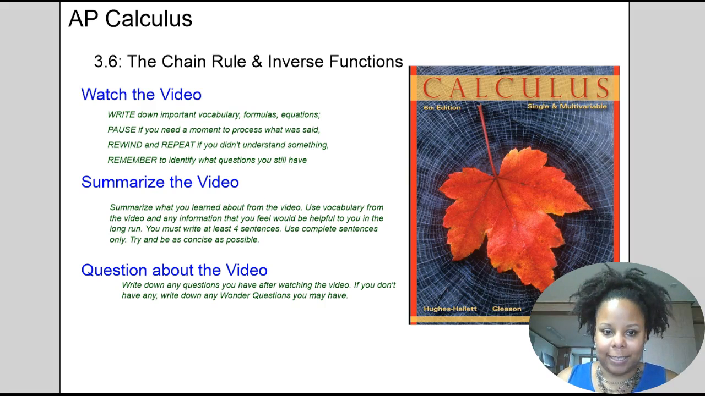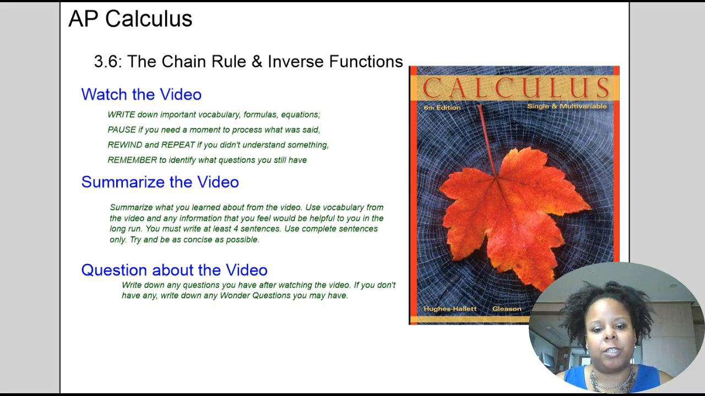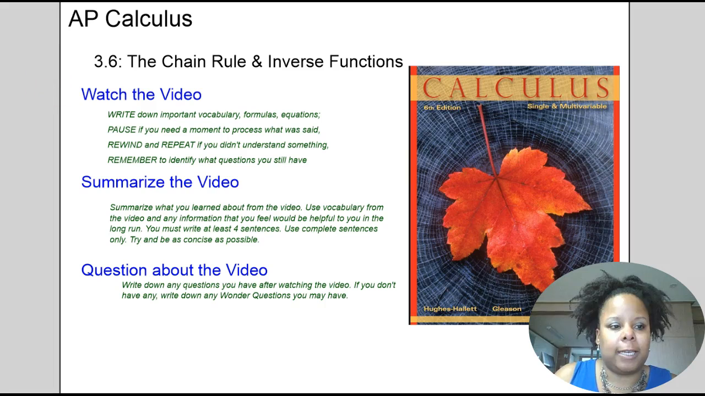All right, let's begin. Today we're going to be talking about using things that we've already been using in the past, but using them together, which is using the chain rule and inverse functions. To be more specific, we're going to use the chain rule to differentiate inverse functions. And so let's take a look at